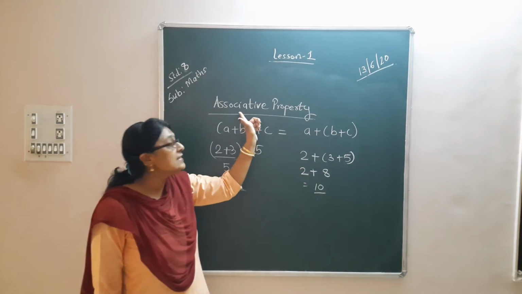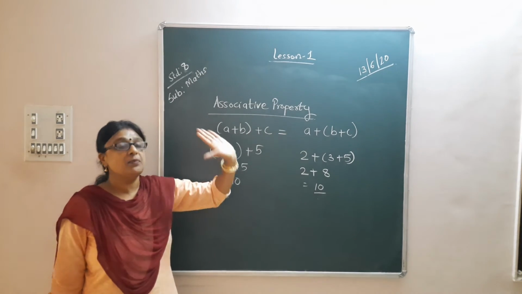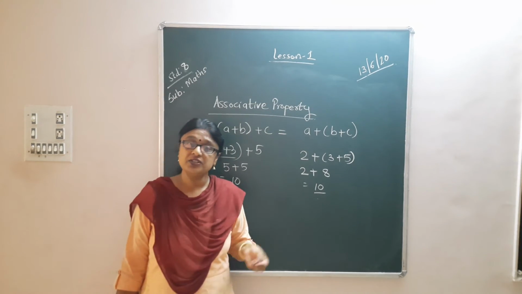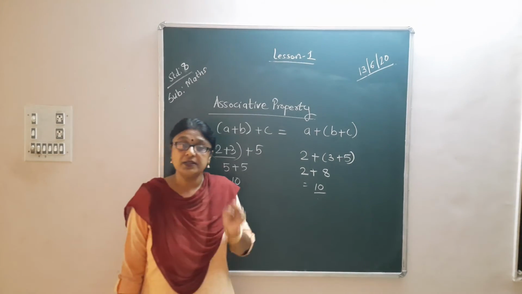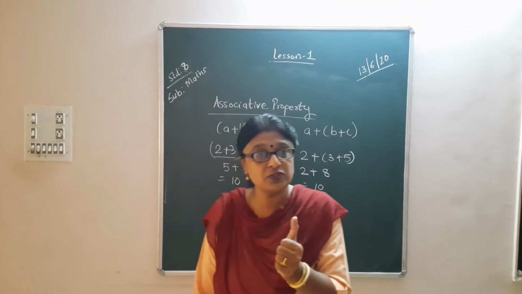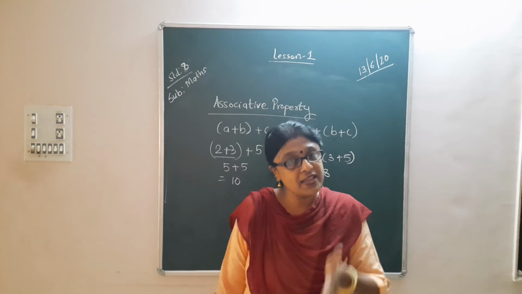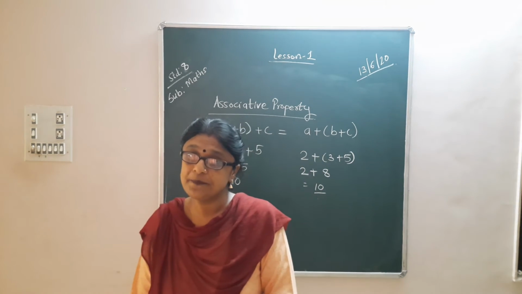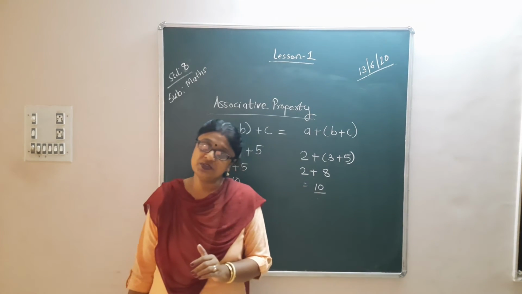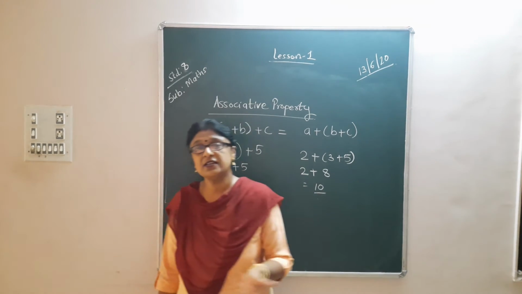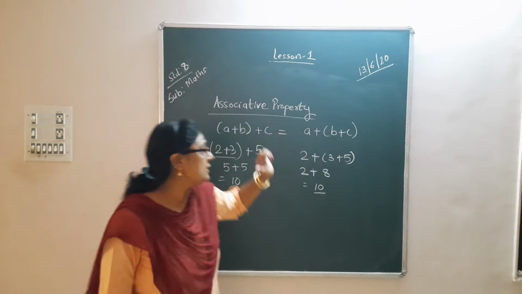Fine. So, this is the associative property, and then one by one we will see whether in multiplication or addition or subtraction, when I change the groups, do I get the same answer. But for you it is important that in associative property, what we have to do, we have to change the groups and check that when changing the groups, do I get the same answer or do I get different? Right? If you get the same answer, then it is true for associativity, and if you get a different answer, then it does not exist, or it is not true for the associative property.